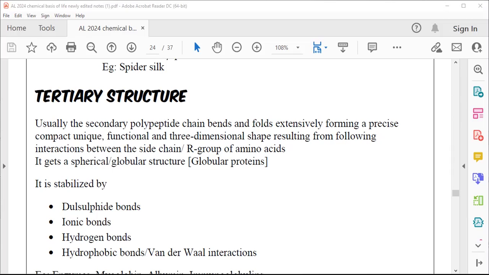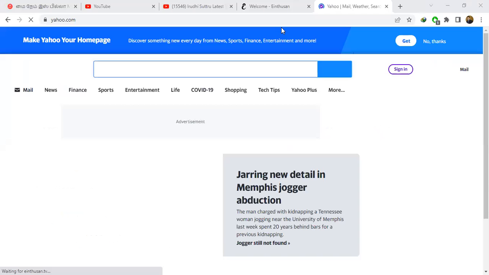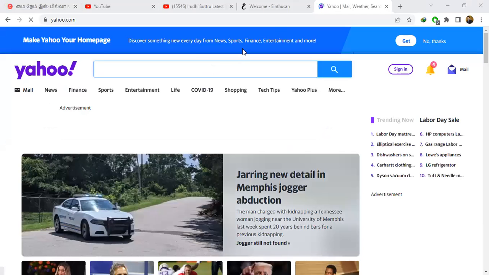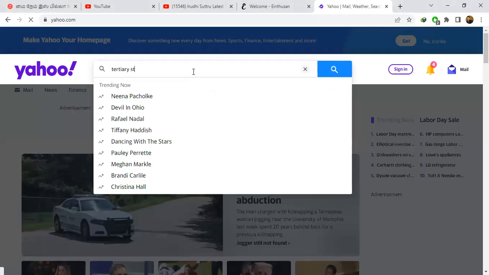In the tertiary structure, there will be additionally 4 types of bonds. If you take the tertiary structure of protein,